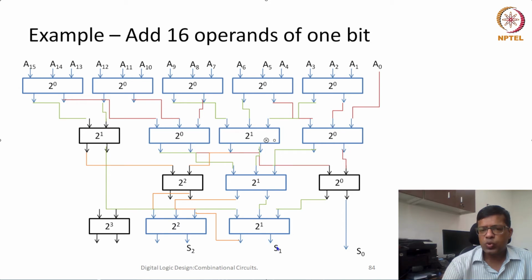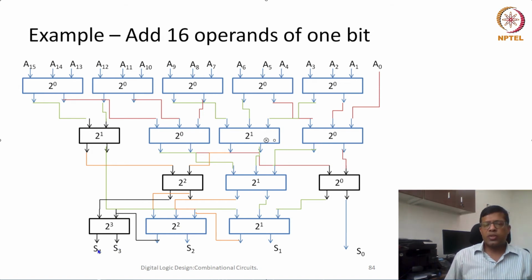Then I can say this one is my sum 1, the first bit of sum, and similarly this would be my second bit of sum. Now for the addition of 2 to the power 3 places, there would be two values of 2 to the power 3 places. One is this, and the other is the one propagated from this particular carry. So now we can say the output here is S3 and this is S4.